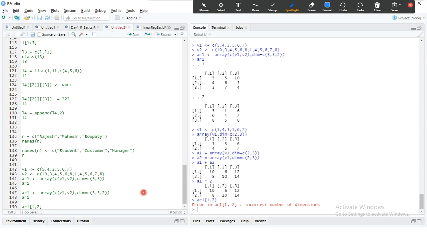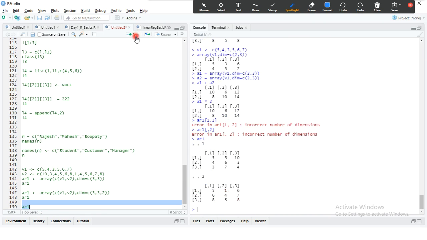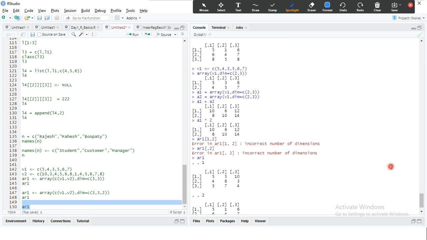If you specify 2 alone, what will happen? AR1 is this one, right? Let me do one thing. First let me check if AR1 is there. Okay, I created it here, that's the problem.